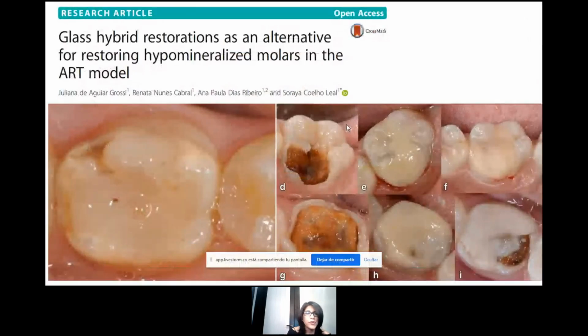And if you use, for example, the classic glass ionomers, why are they not going to work well in molar incisor hypomineralization? Remember what happened in affected dentin and glass ionomers? What do glass ionomers need for success in the treatment? They need calcium. And the enamel and dentin of molar incisor hypomineralization have less calcium. So the fluoride that is in this glass ionomer